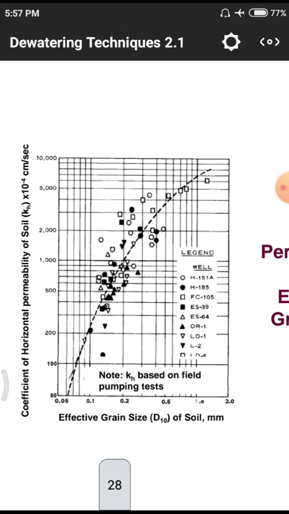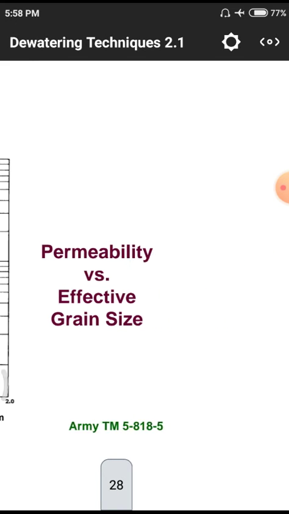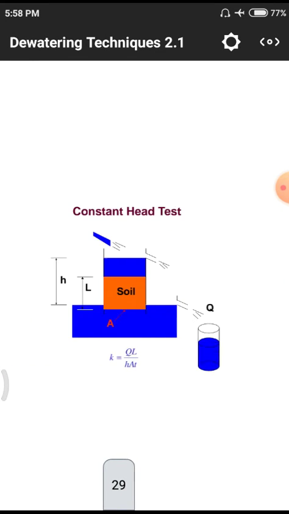This is the diagram we are showing. We are having different images. That means circle image, circle with dot, and rectangle, rectangle with S. All those are indications for the particle sizes and their distributions of permeabilities. Here we are having D10, where D10 is the diameter of the particle size.